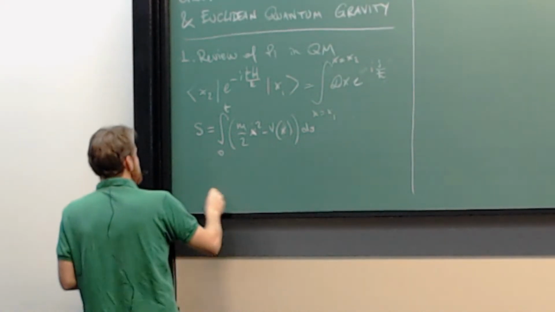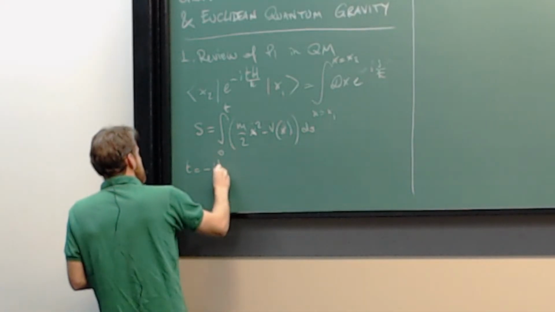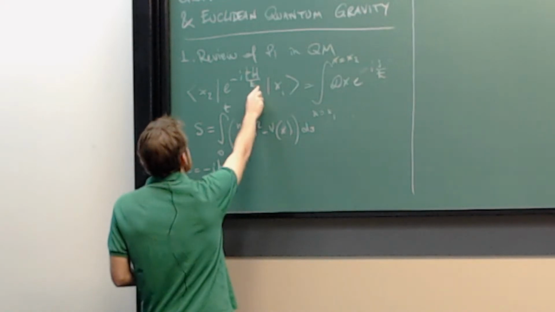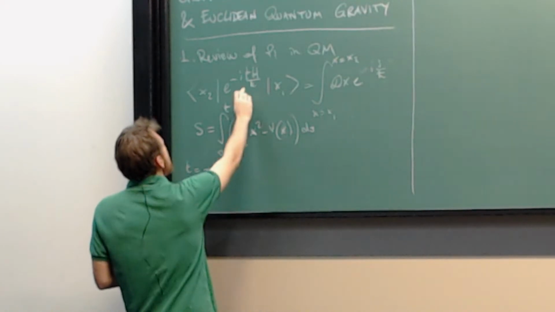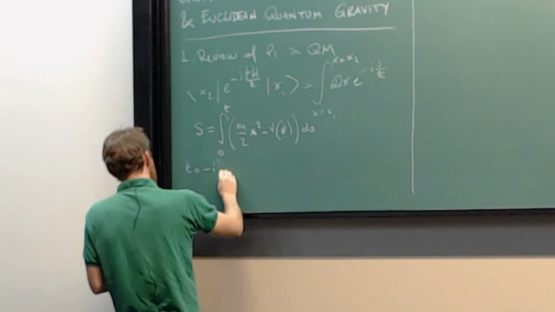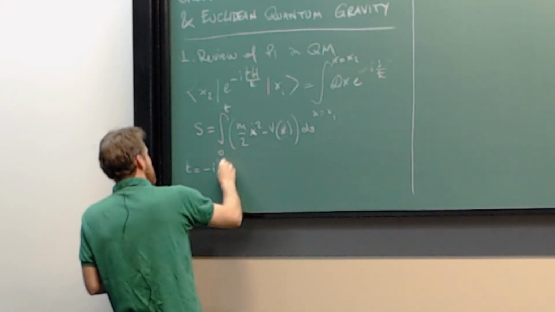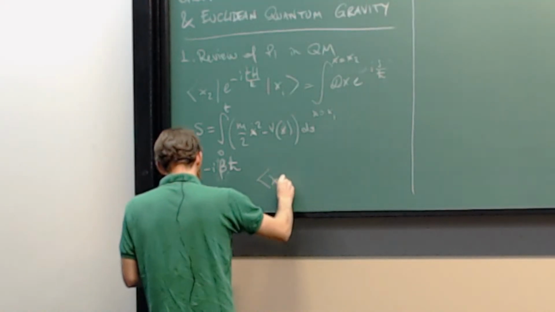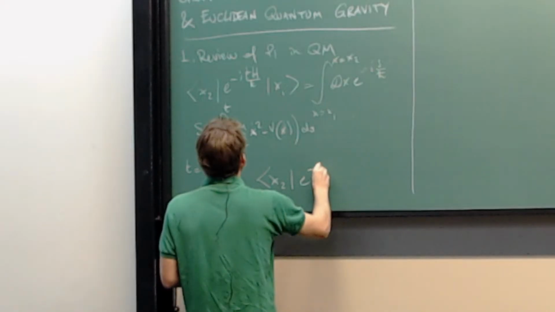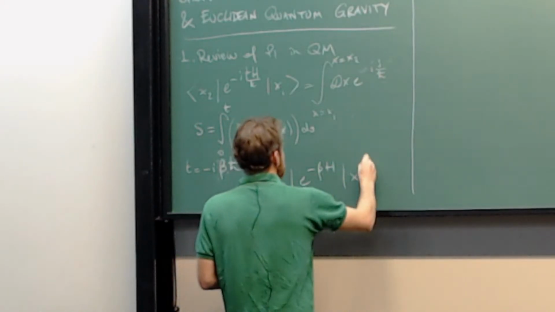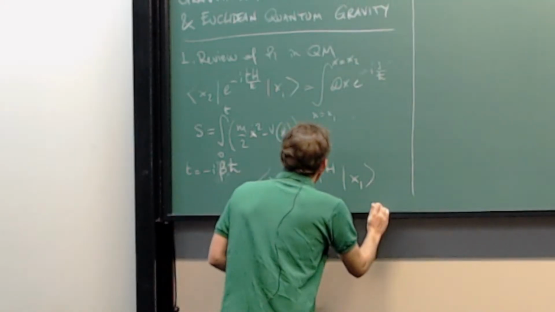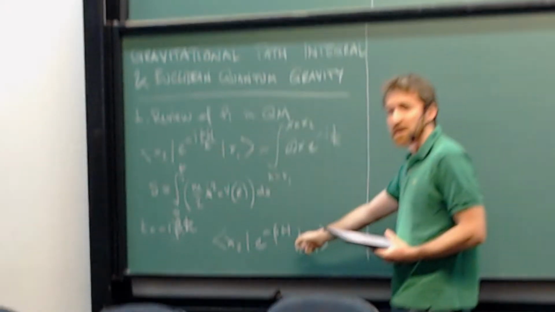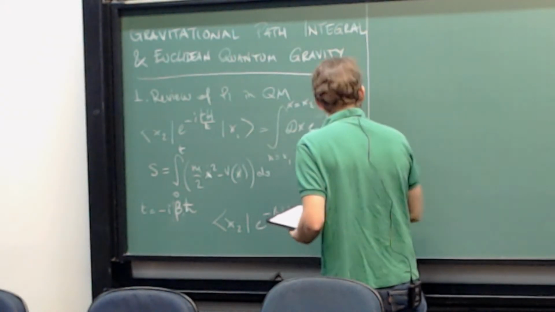So we take t equal to minus i t_E, and we call it minus i beta h bar, and then we are measuring x2 e to the minus beta H x1, and the statement is that this object, which really is the density matrix,